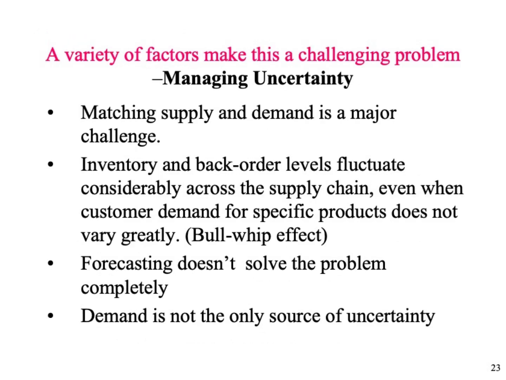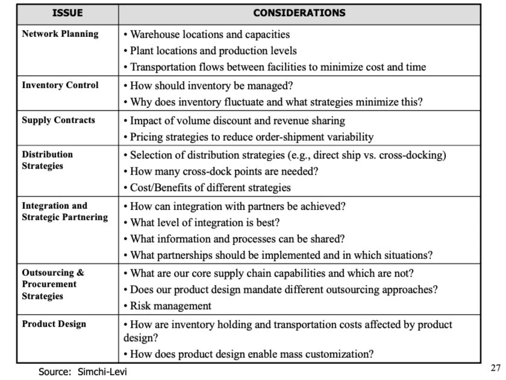Correct demand forecasting can help in streamlining the supply chain, but only up to a certain extent. Most of the time the forecasting is not accurate and network partners can create an inflated demand situation, which may lead to the bullwhip effect, which may result in excess inventory at some places and stock out at others. These are the issues and considerations with respect to managing and creating a good supply chain. Read them carefully and please comment in case of any doubt.